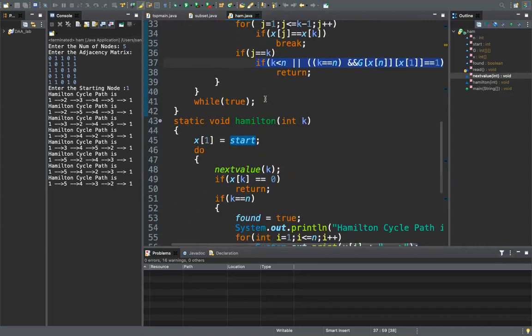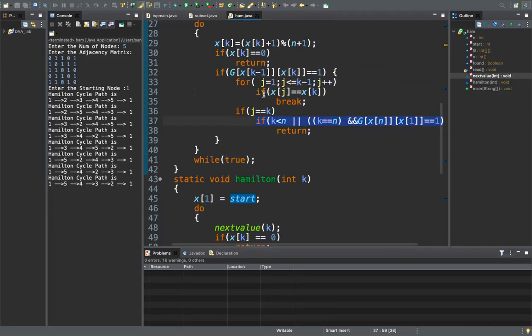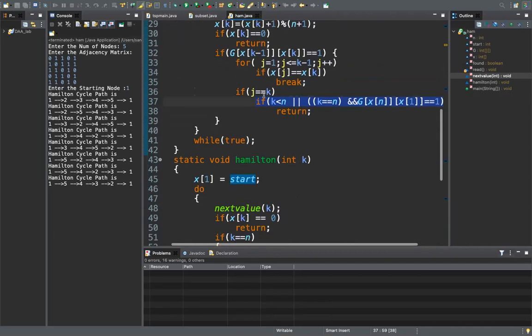The important thing is the read function. Anyhow, we are doing the read function. It is almost the same in all the programs, all 10 programs or 7 to 8 programs. We are reading the matrix, the adjacency matrix. So there is no chance that you will make a mistake in that part. The only thing is to be careful about these 2 functions, the Hamilton function and the next value function.